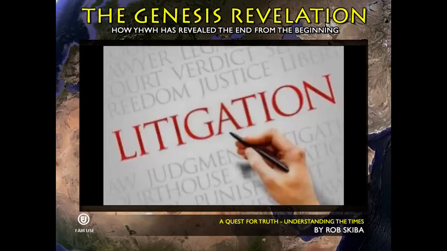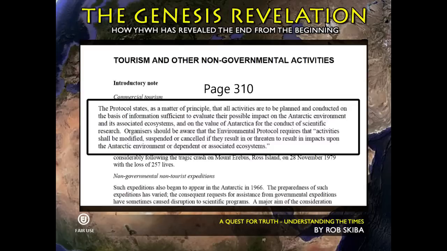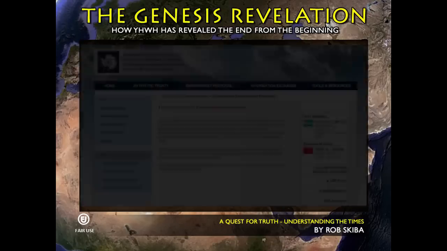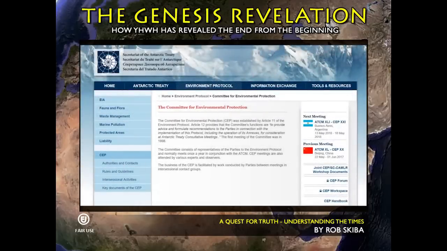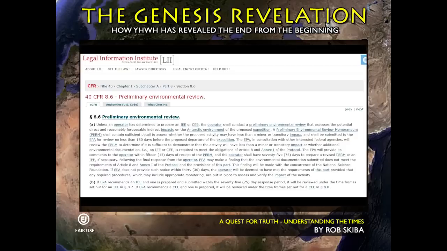But you still have to have your purpose approved. Do you see the problem there? You would likely spend millions on getting the environmental impact statement, only later to have some official at the International Committee for Environmental Protection reject your purpose in Antarctica. You would truly gamble millions in this silly endeavor. To learn more about the environmental assessment procedures with the Committee for Environmental Protection, you can research it here. See also,